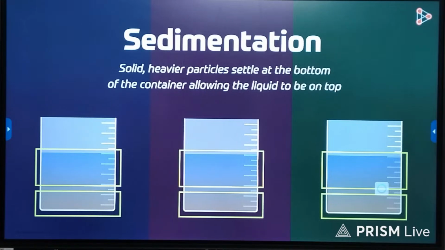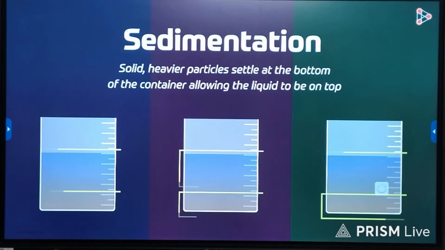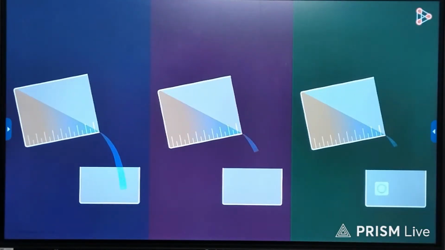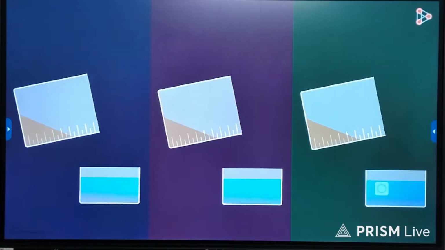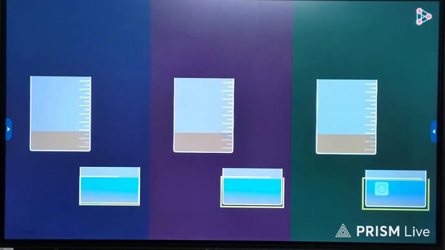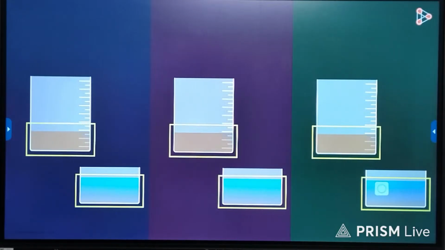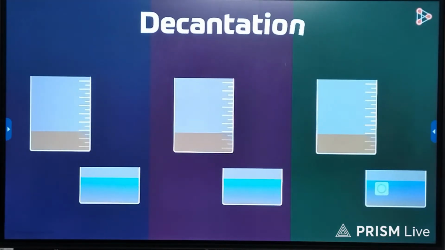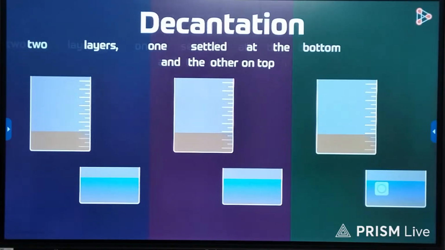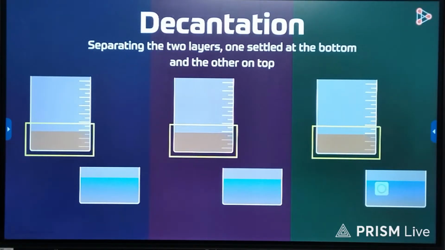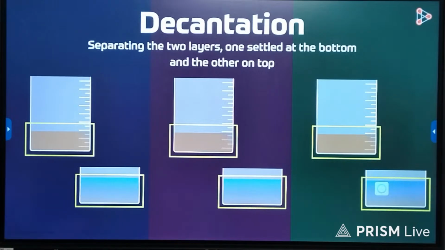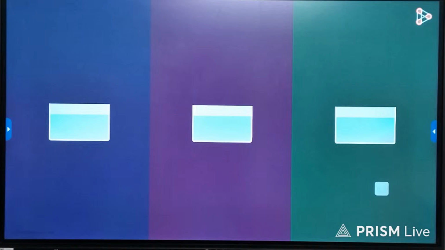Now the two layers need to be separated, right? So they tilted the beaker slightly to collect the separated water. This step in which the water or the liquid on top is gradually removed to separate the two layers is called decantation. In other words, separating the two layers, one settled at the bottom and the other on top, is the decantation process. So after decantation, the three were all set to show the sample of water separated from